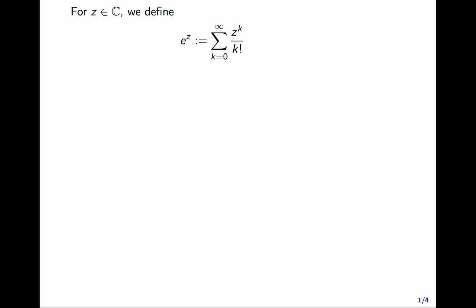And welcome to our video on the complex exponential. First, remember that if z is a complex number, then we define e to the z to be the power series sum k equals 0 to infinity of z to the k divided by k factorial. This is the same power series definition as for the real exponential, except now we're using the letter z instead